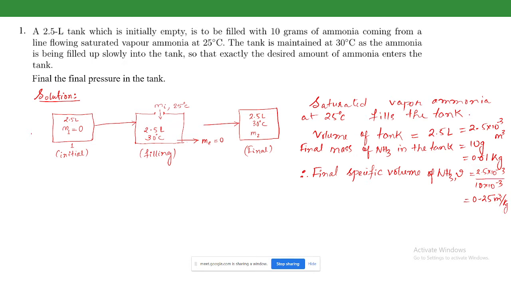But the tank is maintained at 30 degrees Celsius, and the saturated ammonia comes in at 25 degrees Celsius. So essentially the ammonia inside the tank will be in a superheated state. So from the superheated property table of ammonia,